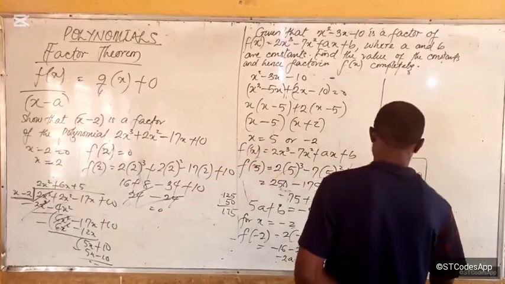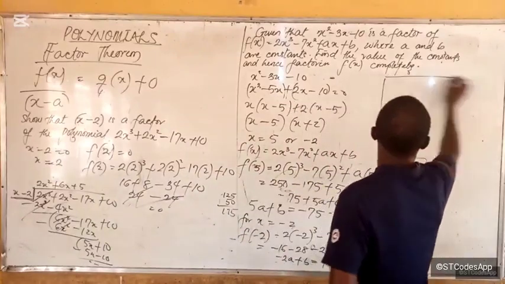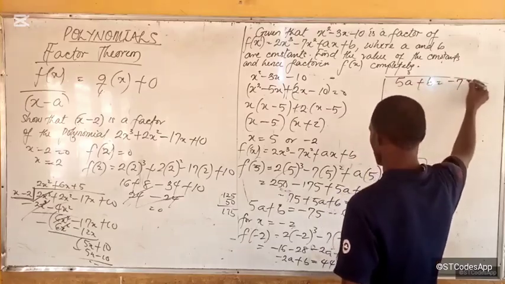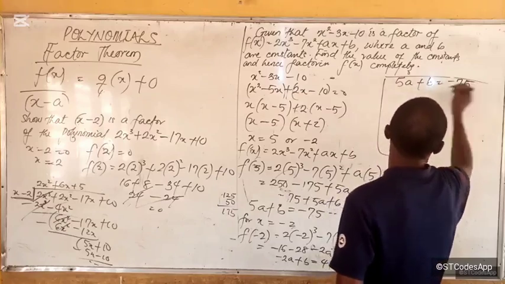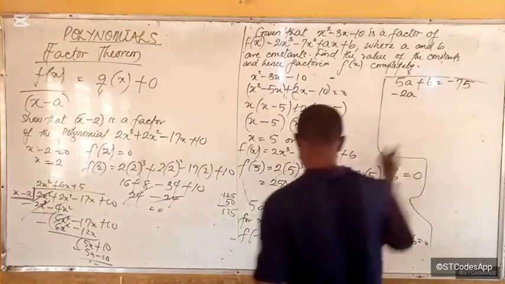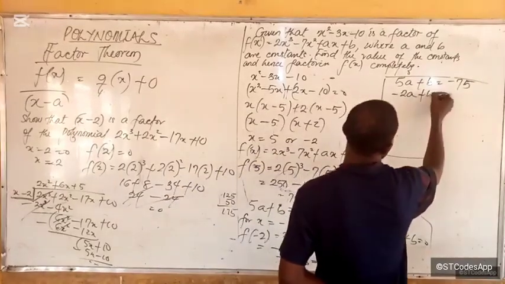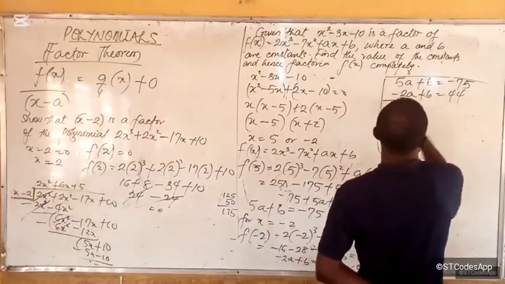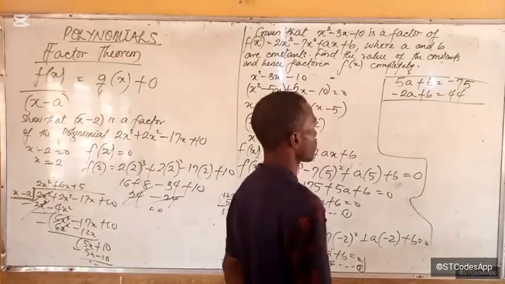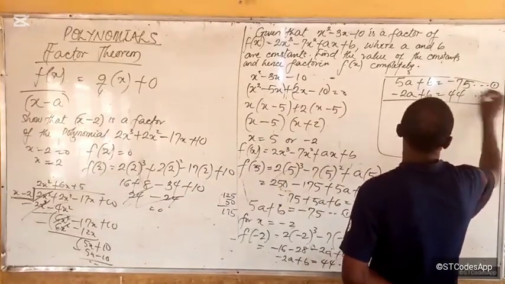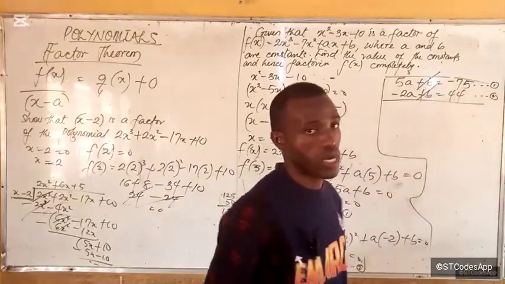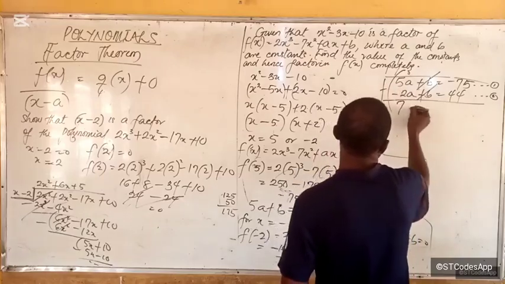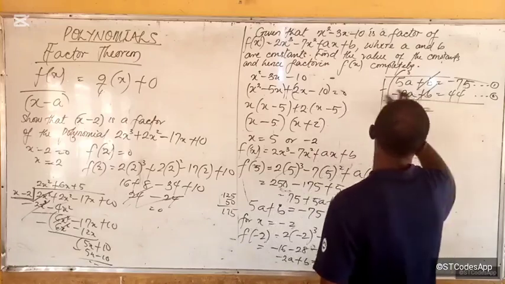So let's solve by system of equations. Equation 1 was 5a plus b is equal to minus 75. Then the second equation is minus 2a plus b is equal to 44. We can easily use the elimination method here because we have one of the variables equal up and down in both equations, equation 1 and equation 2. So we can eliminate using subtraction. So subtract: 5 minus minus 2 will be 7a equals minus 75 minus 44,